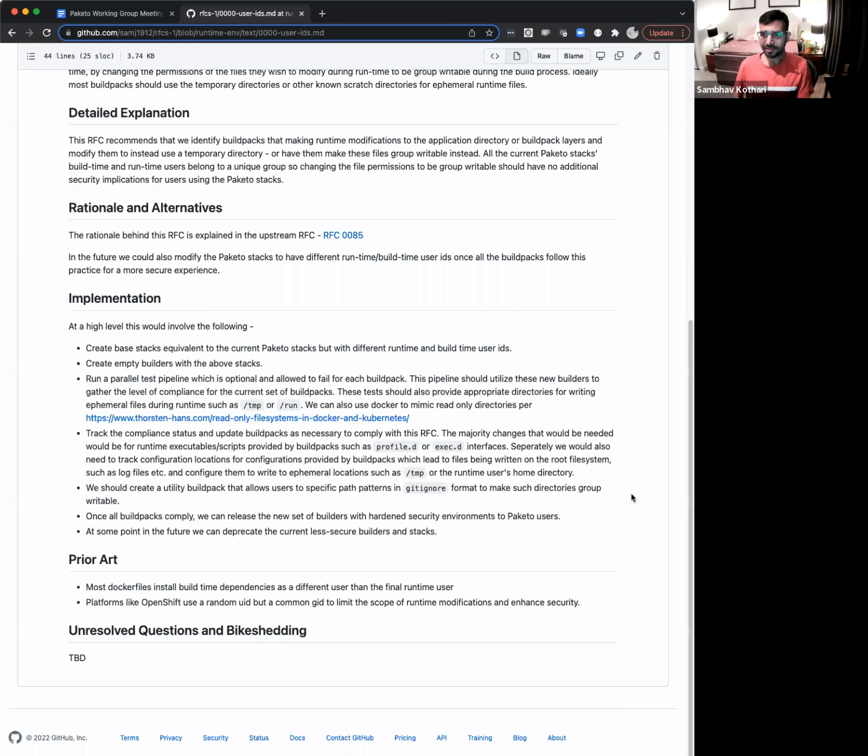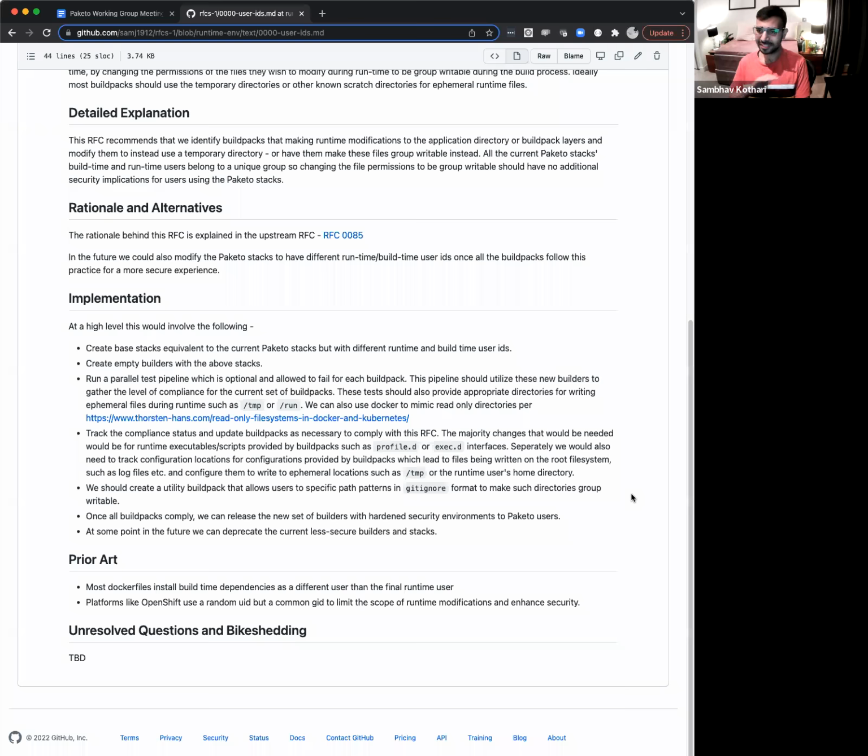So we want a state where the Buildpacks that we have right now run as they want, but we're not opening up the entire file system for modifications. We are very precise and surgical about the locations that we want to write into, rather than just saying everything that the Buildpack put in is now open for writes. I don't want anything to modify my interpreters or JVM or anything.